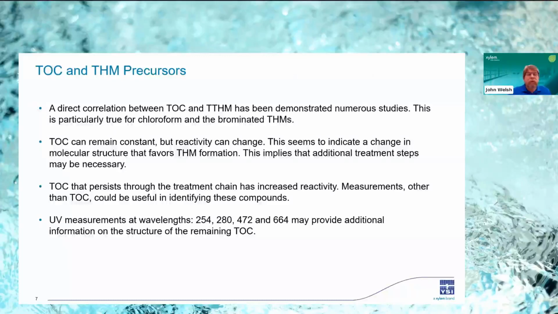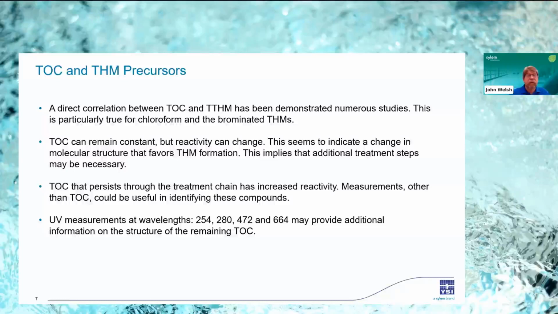And the consequence for treatment processes could be this, in that it implies that in addition to what's currently being used in the process, additional treatment steps may be necessary. It also seems to suggest that additional measurements may be necessary to actually characterize these compounds as they move through